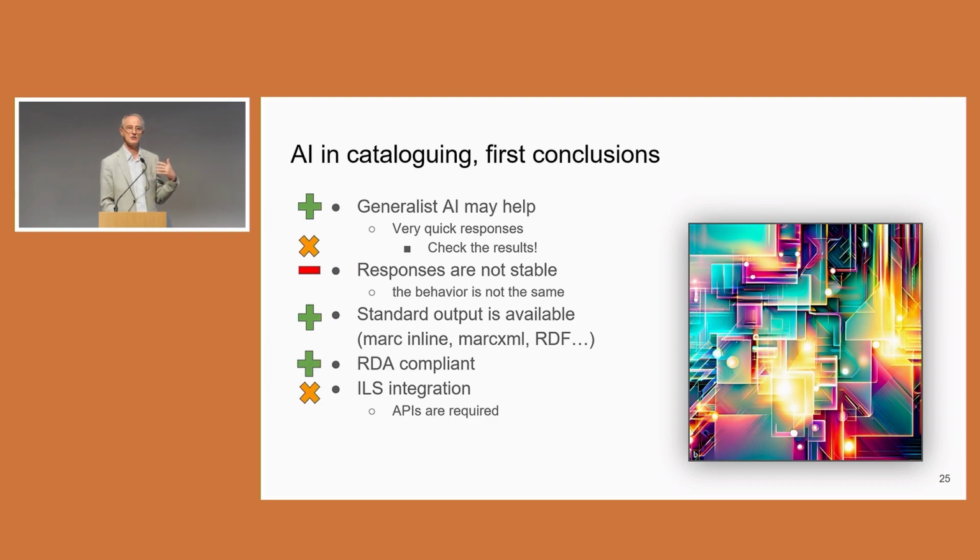The behavior is not the same. If you repeat the question, probably you don't obtain the same result. It can be interesting because you can retry, but it can be difficult to obtain the same quality. A standard output is available, MARC XML, very important, or MARC inline, MARC XML, RDF, etc. You see the RDA complement,